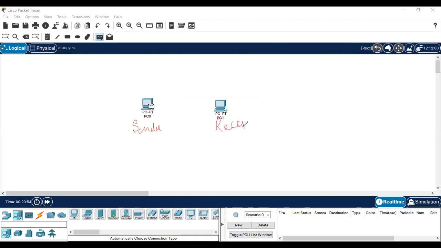So we have a receiver, right? Then we need a protocol, right? So a protocol is needed, that is IPv4. IPv4 is what we are using, we are working on this particularly, or we can go with IPv6 also, right? IPv6. So these are the two different versions of internet protocol that are available to us, right?